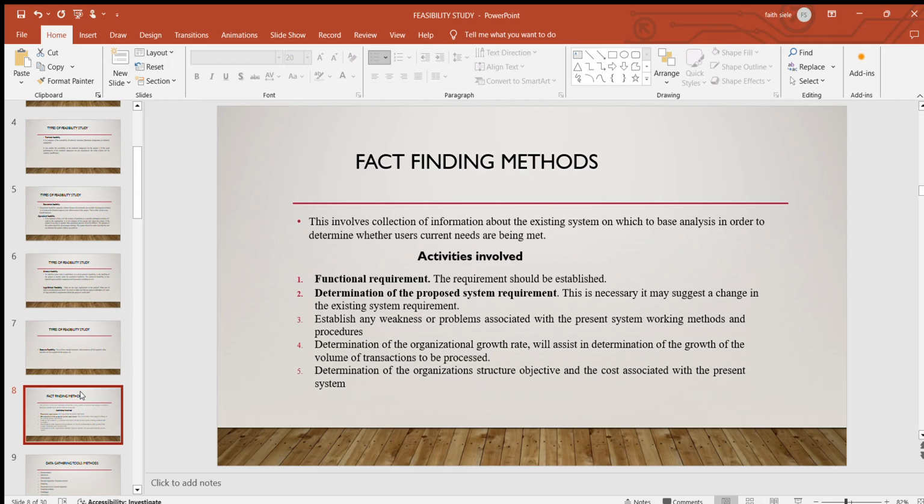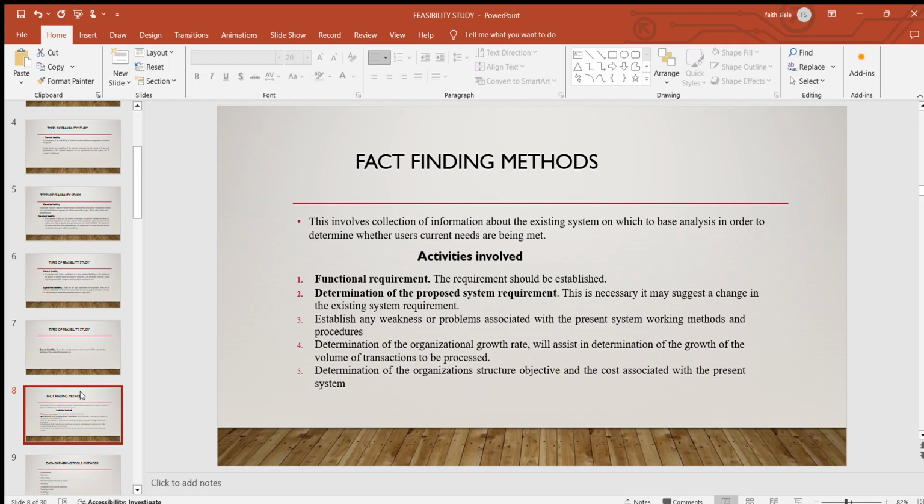Then we also have fact-finding methods which are used to gather data. So when you talk about fact-finding, this involves collection of information about the existing system on which to base analysis in order to determine whether users' current needs are even being met. So there are activities which are involved in data gathering. For